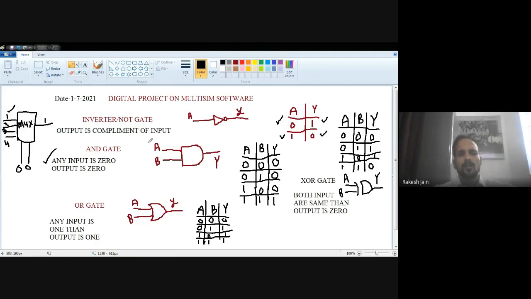So whenever these selection lines, as they are known, are 0, 0, automatically among those 4 input logic gates, it will generate the output on the basis of the first logic gate, which is connected at the uppermost pin, that is number 1. Whenever the selection is 0, 1, the circuit will generate the output of input 2. At 2, let's suppose I connect an OR gate, so my circuitry will check the OR gate. If 1, 0, then automatically the third gate will be checked, and if 1, 1, then automatically the fourth gate will be checked.